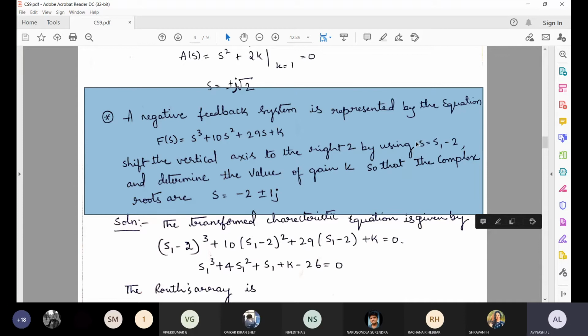Shift the vertical axis to the right by 2, s equal to s1 minus 2, and determine the value of gain k,